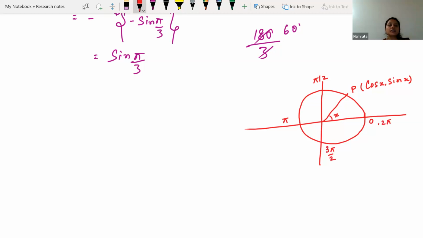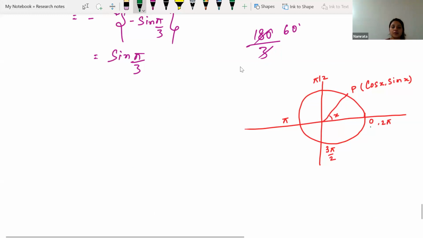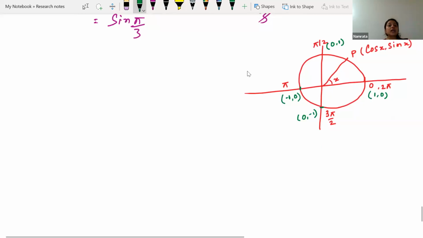Now we also know the coordinate of each and every point on the unit circle. Here we were having 1 comma 0, here we were having 0 comma 1, here this point's coordinate is minus 1 comma 0, and this point's coordinate is 0 comma minus 1. Okay, now from here we have also taken out a few pieces of information, that is cos 0,